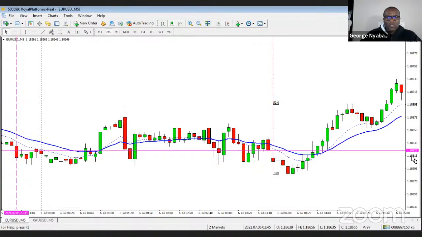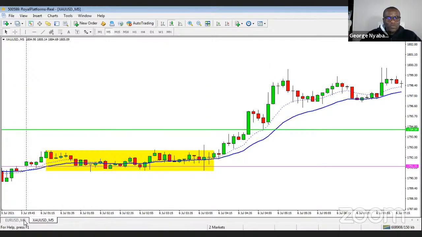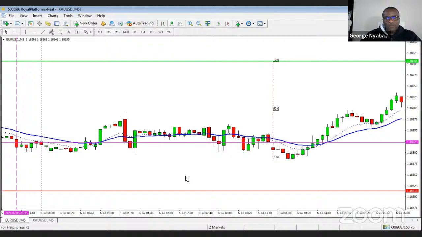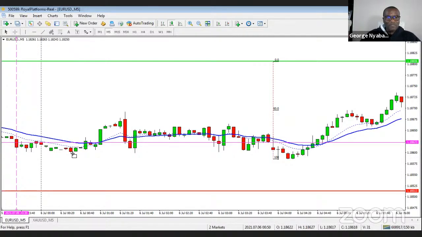Okay. So at the same time that you are looking at gold, you would also be looking at the euro. And you're kind of saying to yourself, I've got to find ways to get into the market. I'm going to see if in this session there's an opportunity for me to jump in. So on this chart that I'm looking at, there's a low there. So you're kind of waiting to see what happens.